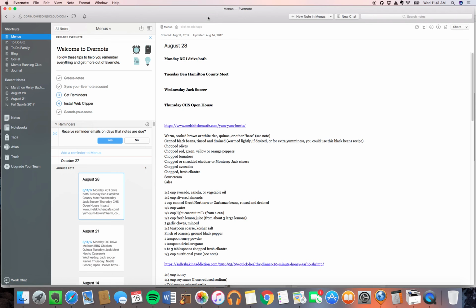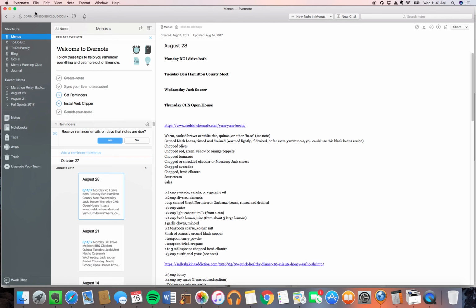So quickly, what is Evernote? I'm going to try to keep this as succinct as I can and walk you through this process. But basically, Evernote is a free app. There's a free version and a paid version. If you get the free version, you only get 2 devices, but 2 devices is all that you need if you were to do like I do, which is I tend to do my menu planning at my computer on